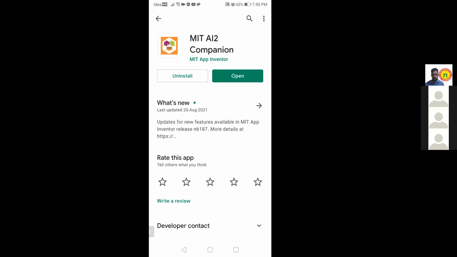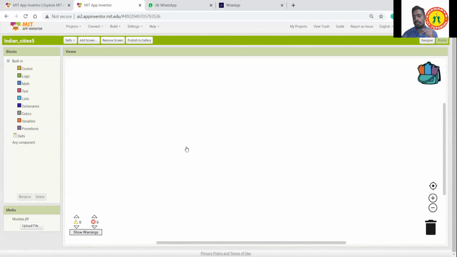Sir, when I'm trying to connect my phone to App Inventor, it's saying the companion is disconnected, even though my phone is right here. It may get disconnected due to some internet issue, so try to reconnect it. I've tried reconnecting a few times, but it says the same thing. Okay, just complete the program. Can you see here, build? Just click build, or try to connect with a different mobile.